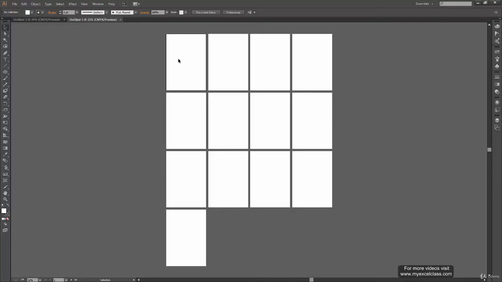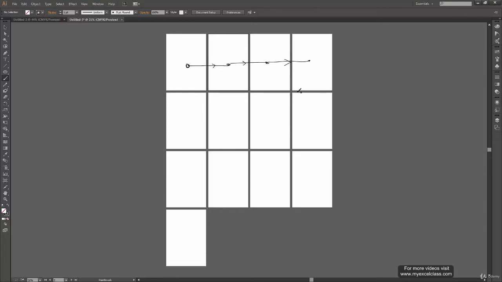So what it does is create, let me bring up the brush tool here. So how it works is, firstly it creates this artboard, then it goes over here, creates this, then it goes over here, creates this, and then it goes over here and it creates this. Now we have the total number of columns fixed as 4.